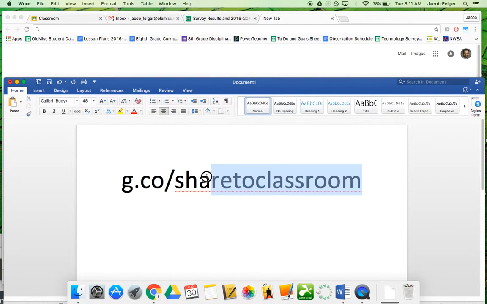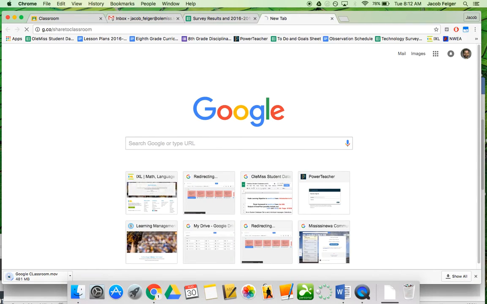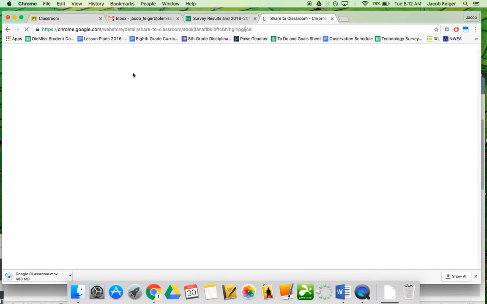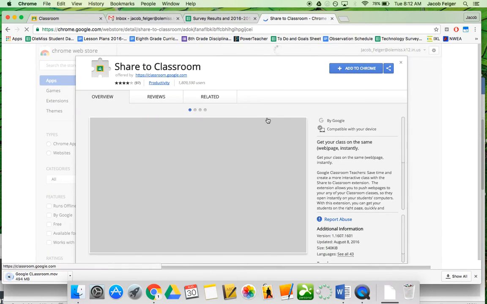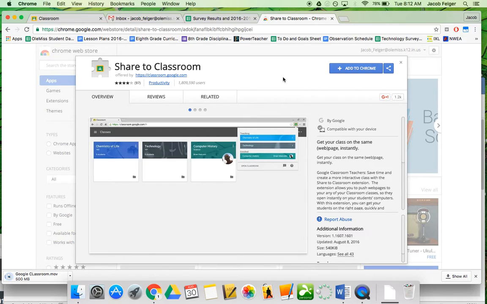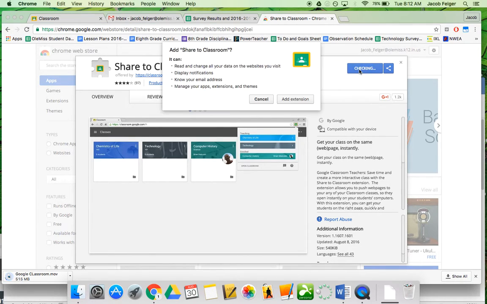So if you're interested, what you want to do is go to this website, g.co/share to classroom. And this is also a website that you want to share with your students. Type that into the browser. Make sure that your students are using Chrome. Make sure that you are using Chrome, and you're going to get an extension called Share to Classroom. So if you add that extension to Chrome,